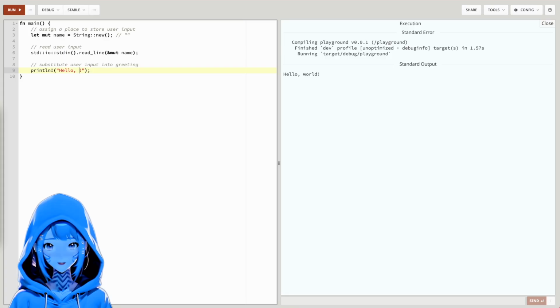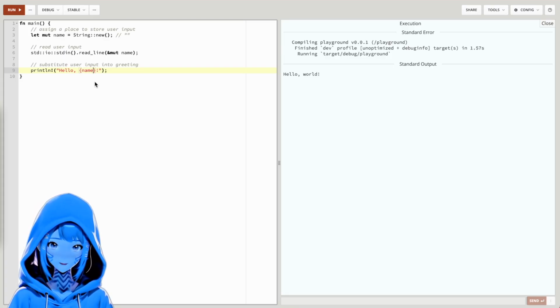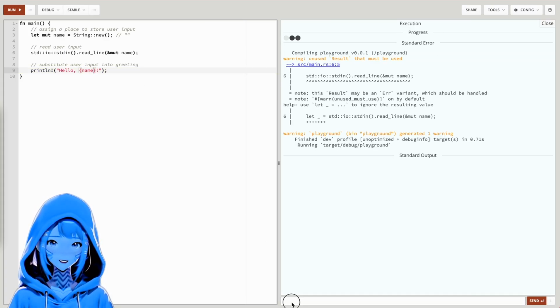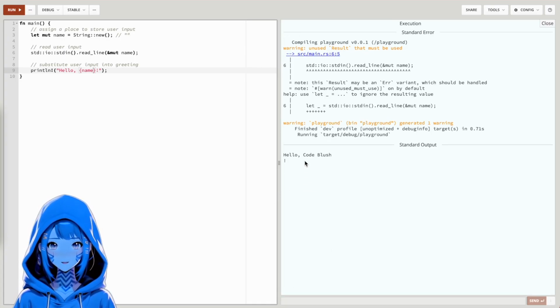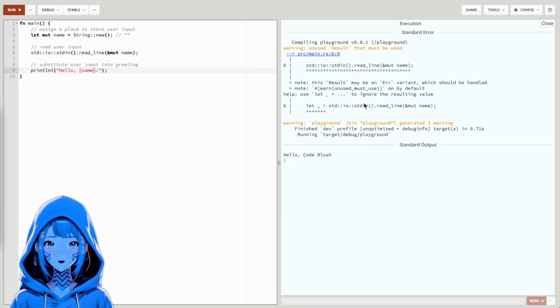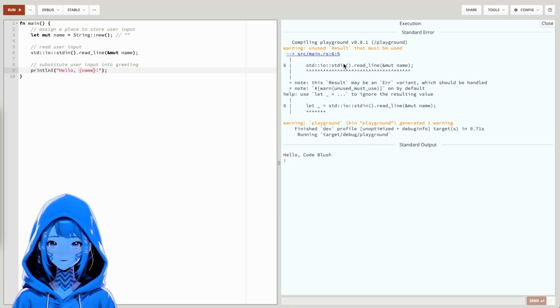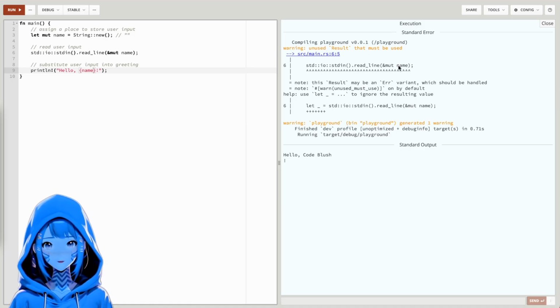Lastly, we want to substitute whatever is read into our greeting. Right, we type our name down here. Press enter. Cool. Hello Code Blush. So you're probably noticing all of this, and you should be noticing all of this. What is it saying? It's saying, warning, unused result that must be used.